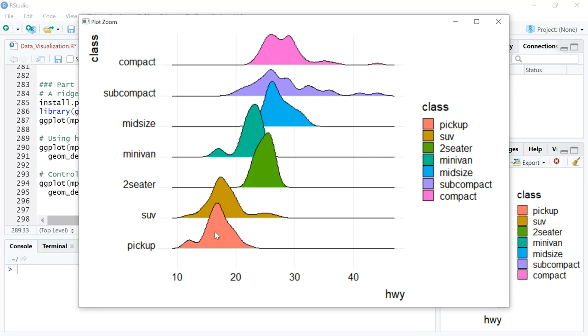A ridge line is exactly like a density plot in this particular case. The only difference is that instead of faceting it under different types of class, you can have a simple seam through kind of a visual, and you can see visually how the transition is happening across different types of car types. You can see how mileage, the numerical variable, is moving across your categorical class.